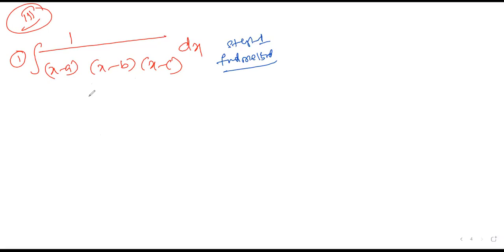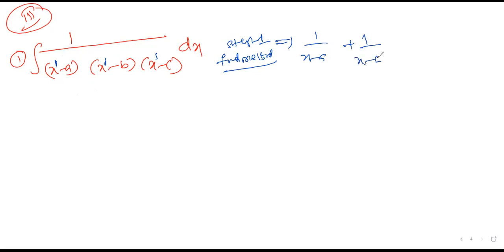Method 2. How can you say it is method 2? Method 1, sir. Why are you telling it is method 2? I told you method 2 means it's not method, we need to identify the method. In previous cases, x cube was there in the question. Here there is no x cube. It's method 1 only.